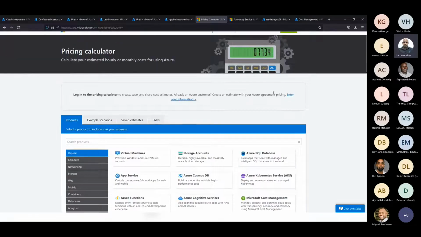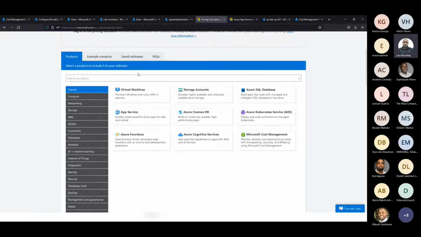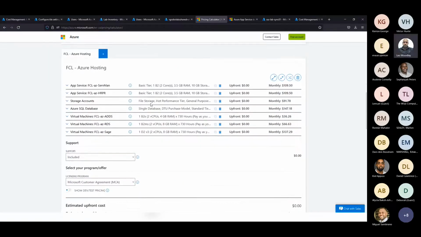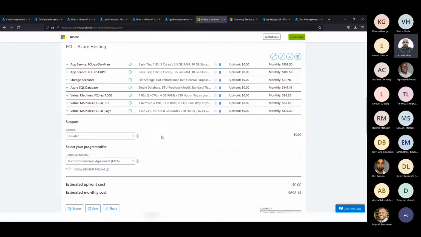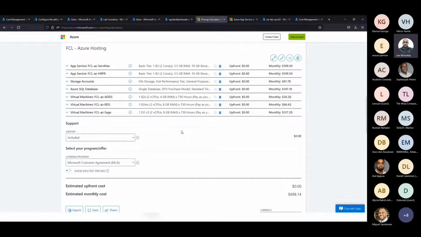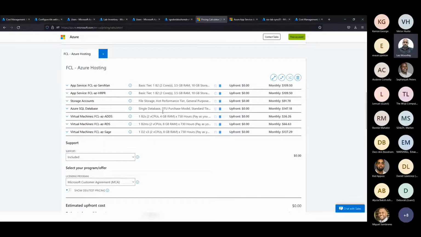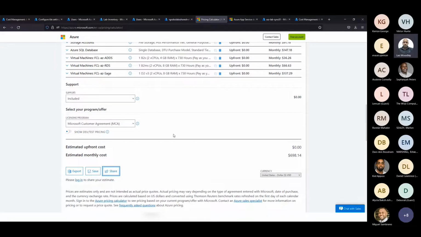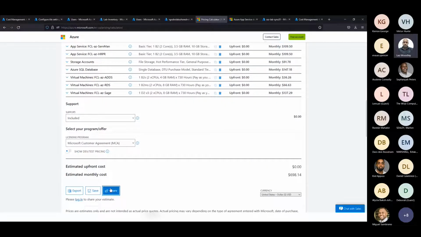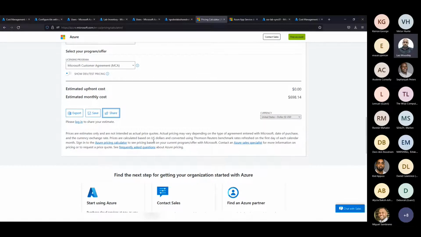You can go ahead and create an account, and this allows you to save estimates. Right? These are considered an estimate. And you can also export or share these costings with your team members or external parties. For instance, a customer may come to the pricing calculator and create their own bill of materials and be interested. They might want it vetted by an architect or an engineer. They could share such a bill of materials with Davin, CSP, and it would produce a URL that you can then send to your.